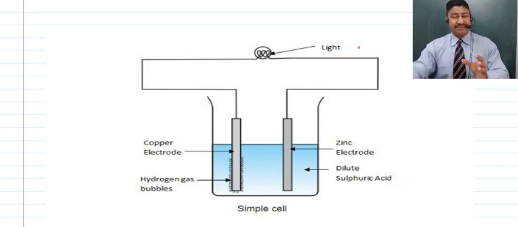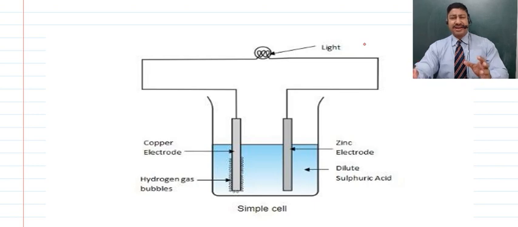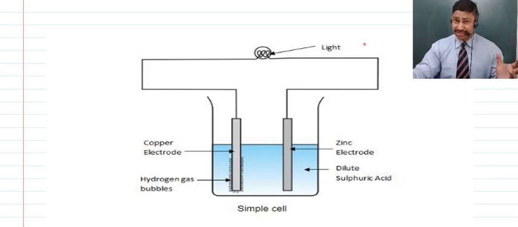The more scientific word is it will happen for an infinitesimally small period of time. Now, that won't help us, because if suppose we want electricity, we want light for a prolonged period of time. We don't want to have it just for a split second, right? And that is the reason why there are different mechanisms with the help of which we can have electric current, or rather electricity, for a prolonged period of time.